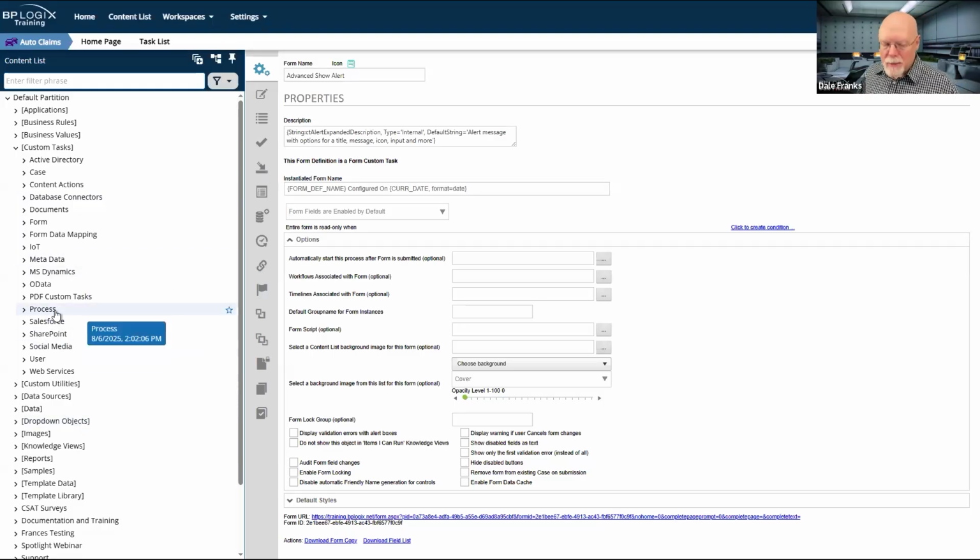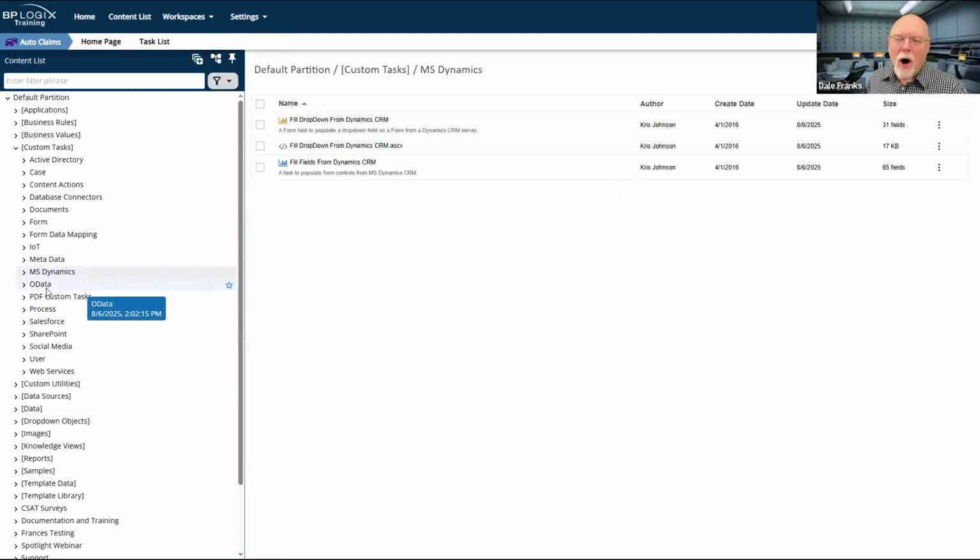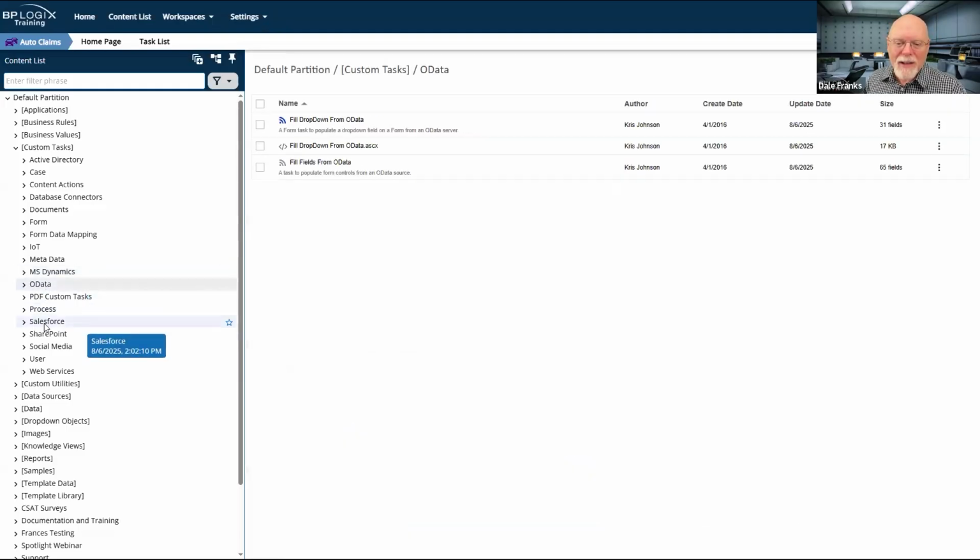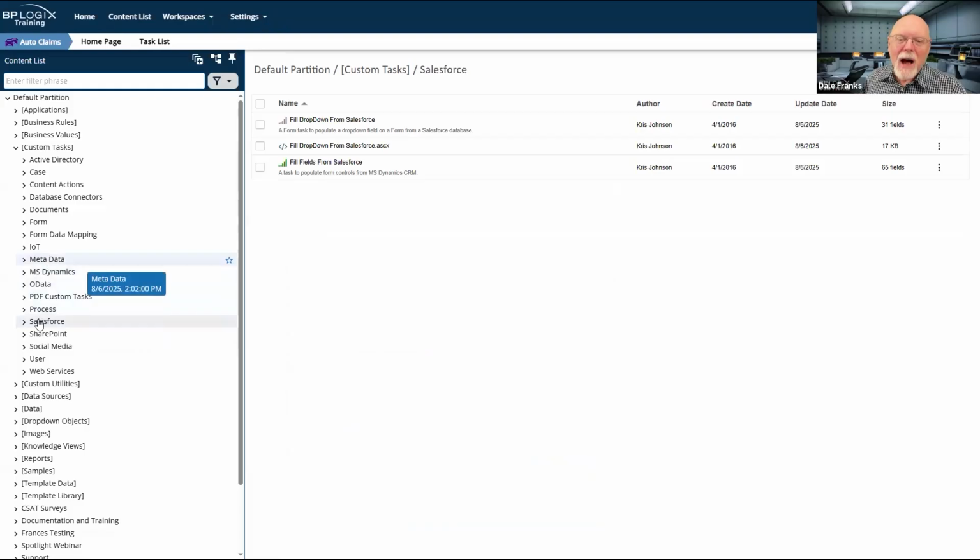Not all of these custom tasks work. They all used to. So there are the MS Dynamics custom tasks, the OData custom tasks, the Salesforce custom tasks. I would love for them to work right out of the box, and they used to.